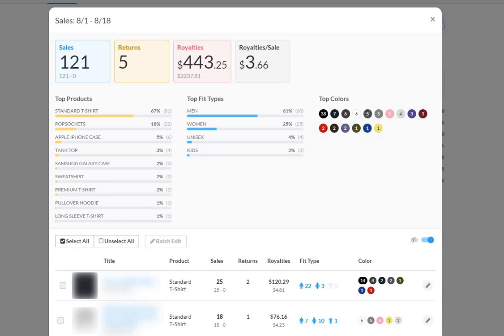Let's look at the sales update quickly. 121 sales in the US. This totals $2,237.81 in sales for the total amount in royalties of $443.25. I'm always keeping an eye on this number, and this is where I like to see it. Royalties per sale,